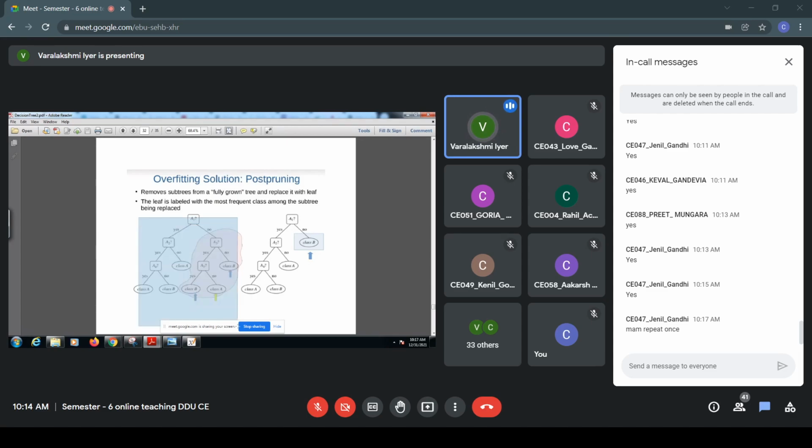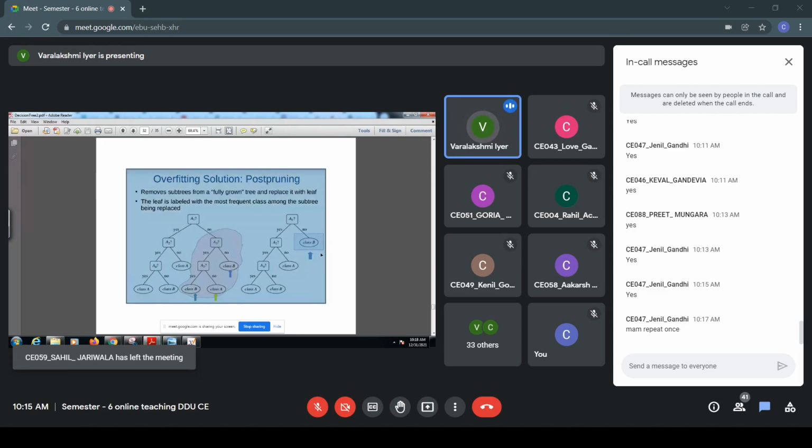So for example, this is the tree that has been created from your data set. Now we'll choose different subtrees and prune the tree. For example, you will select this particular subtree, and you will replace it with the most frequent class occurring in it. In this case, the most frequent class is class B, as there are 2 leaf nodes with class B as the value. If there were 4 or 5 leaf nodes with class A as the value, class A would have been placed here instead of class B. So we'll prune this subtree and replace it with class B.